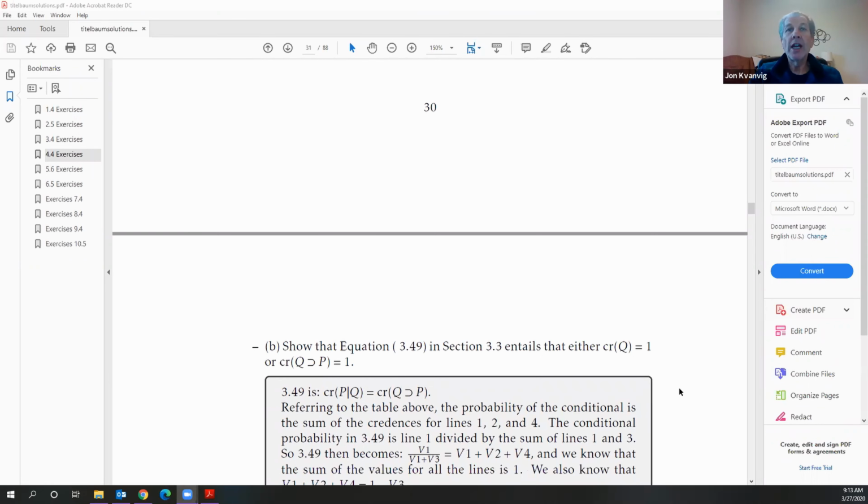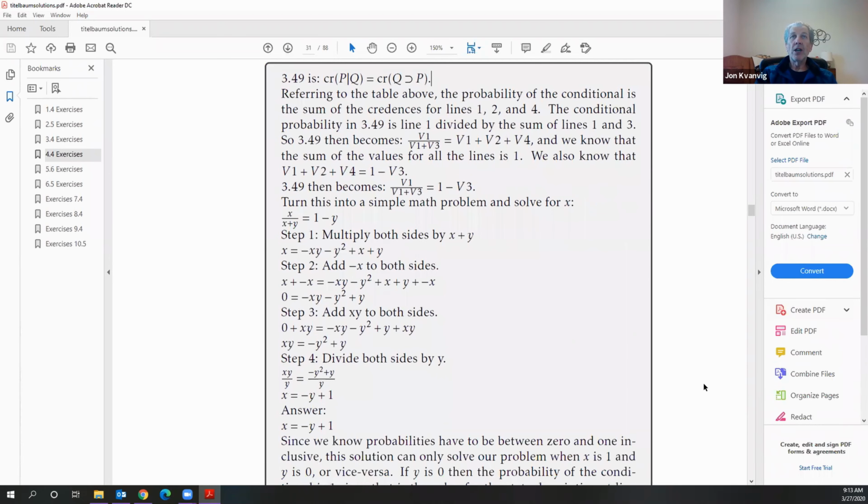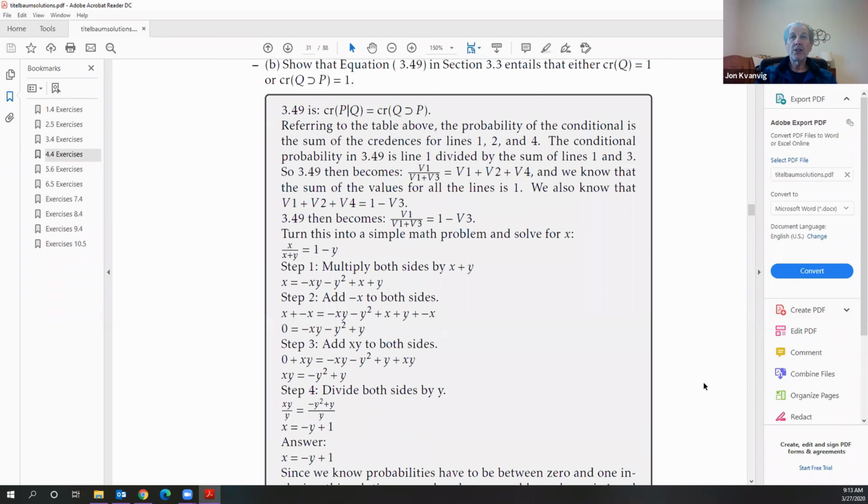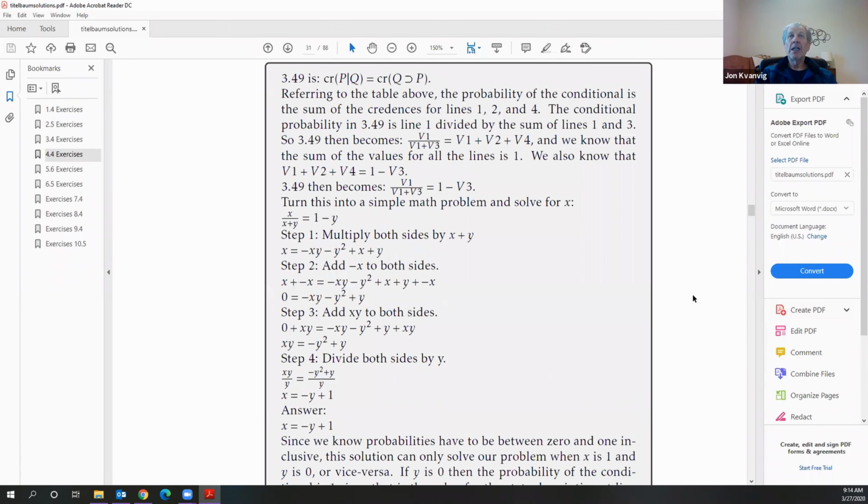Now, this is a longer and harder proof. So equation 3.49 is sometimes called the equation. The equation identifies conditional probabilities with the probability of a conditional. So we're going to assume that equation is true, and then we're supposed to show that this requires that either the credence of Q is 1 or the credence of Q horseshoe P is 1. One of those two things is going to have to be true. Now, this is just a simple algebra problem. So I've included all of the steps to solving the problem,